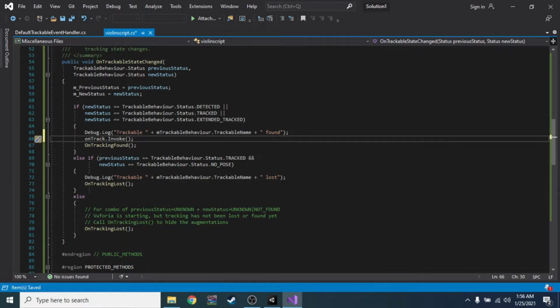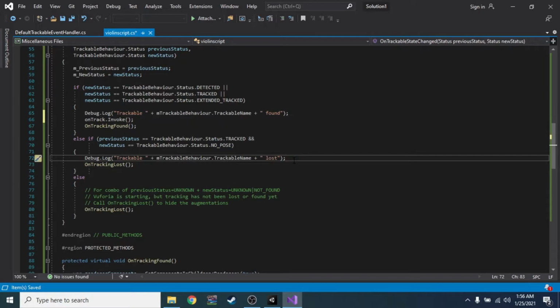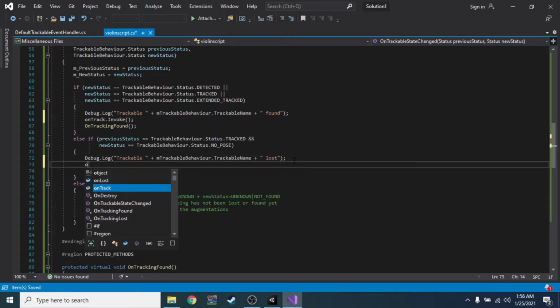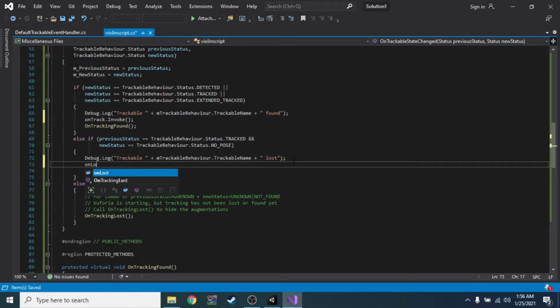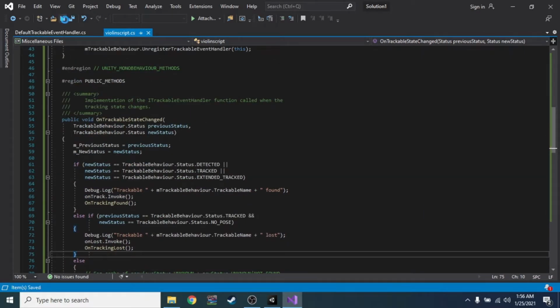And we do the same thing for the stop function. Here onLoss.Invoke and a semicolon. Don't forget the semicolon. Then we save. You can see here onTrack and onLoss. Okay, save.